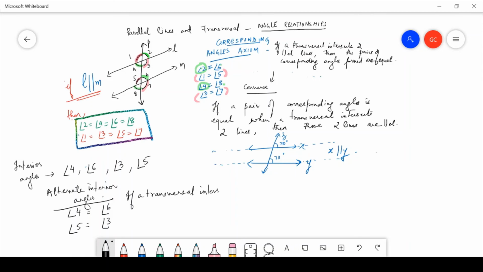intersects two parallel lines, then the pairs of alternate interior angles